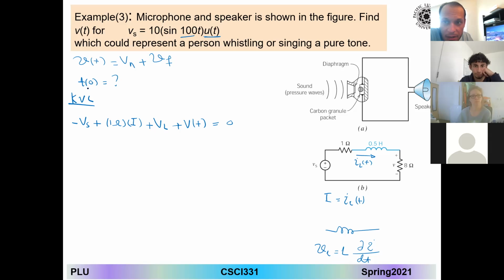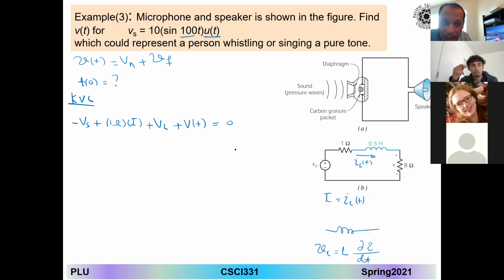Steady state means staying for a long time. How can I represent the inductor? Short circuit, right? Capacitor open circuit, inductor short circuit. So basically the current I of t can I represent by